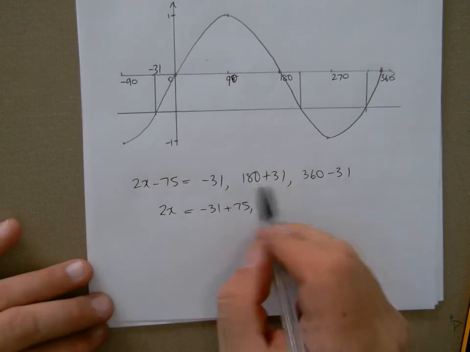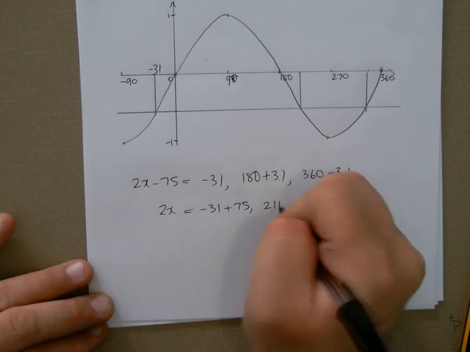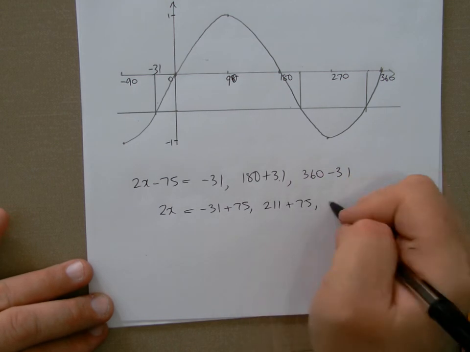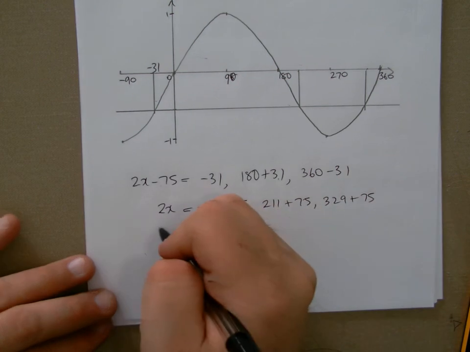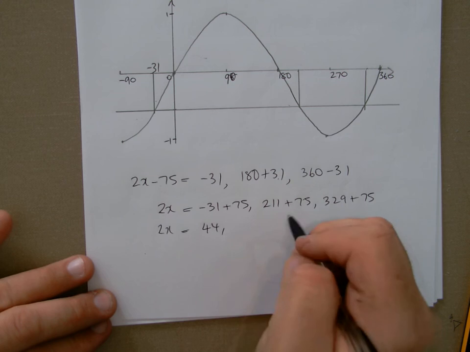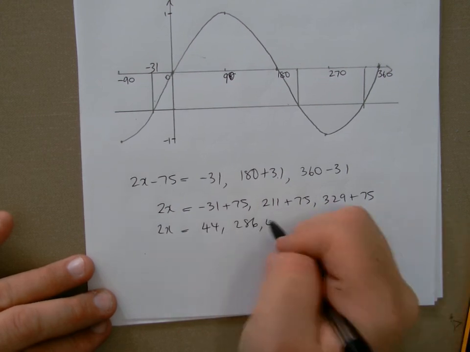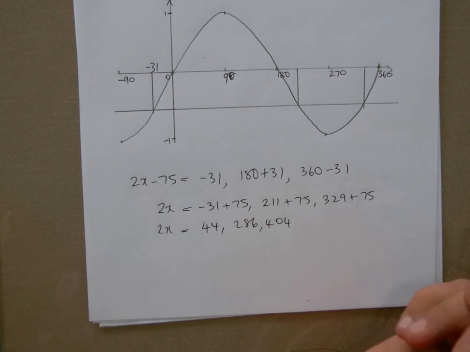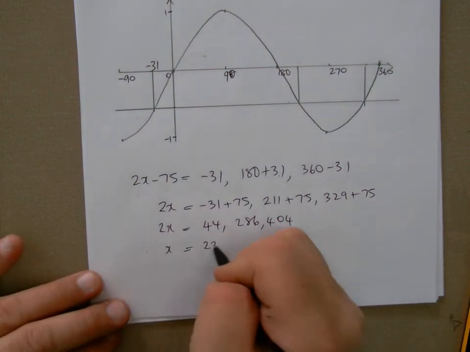So that will be 211 there, add the 75, and that there will be 329, add the 75. So then 2x will be 44 there, that will be 286, and that would be 404. And then, last but not least, I'm going to divide by 2, so I get 22,